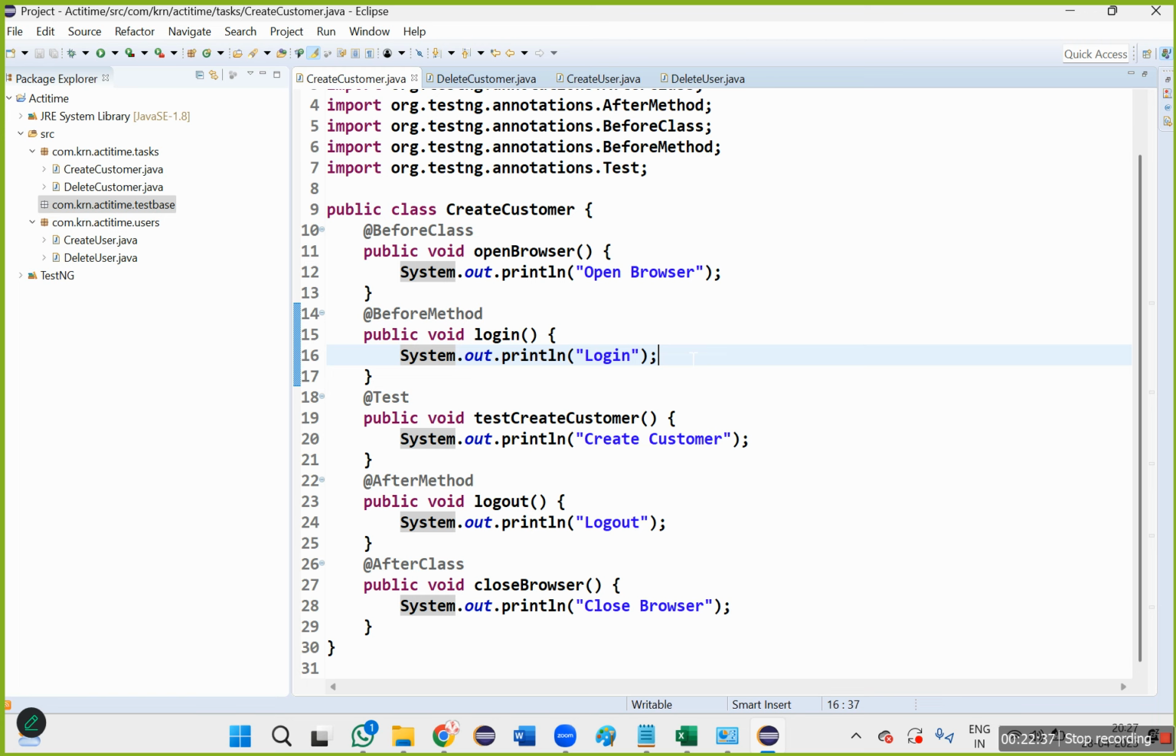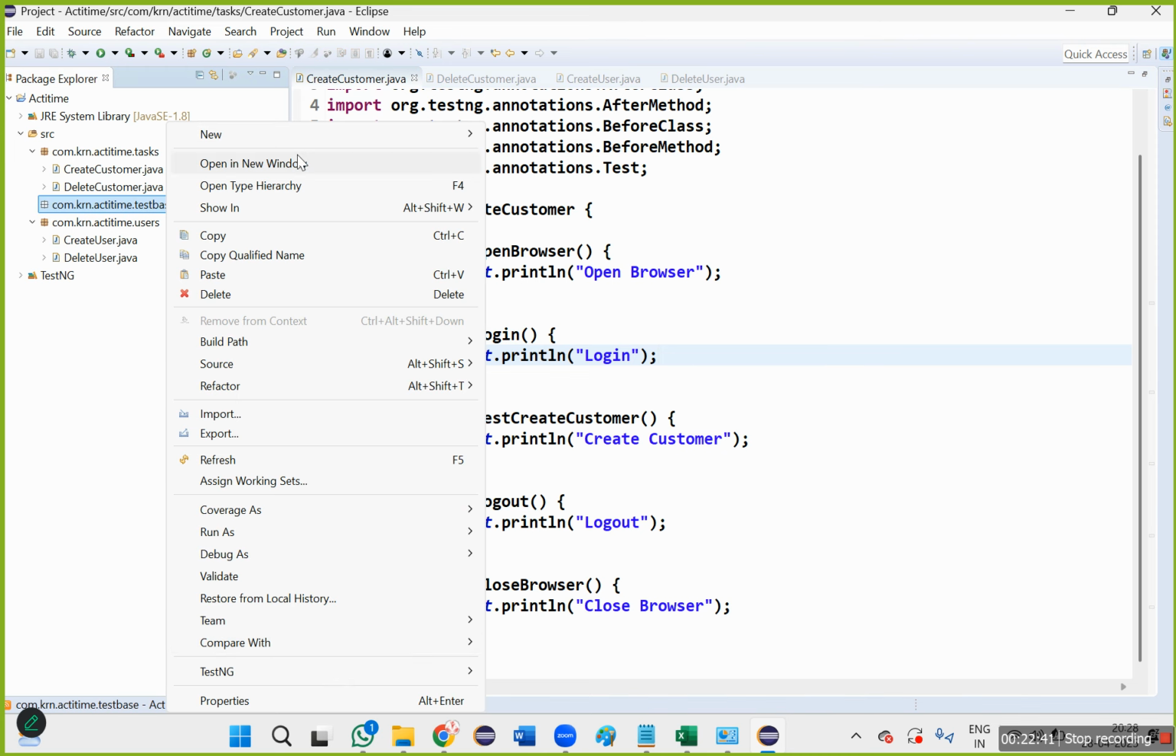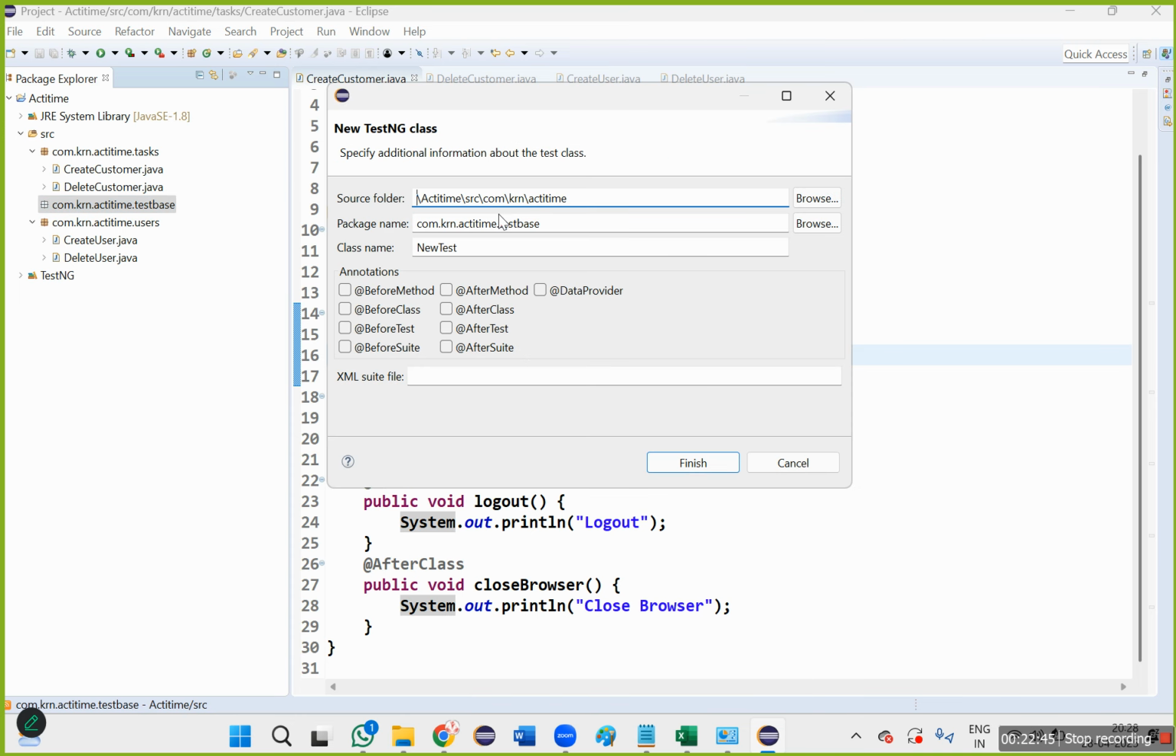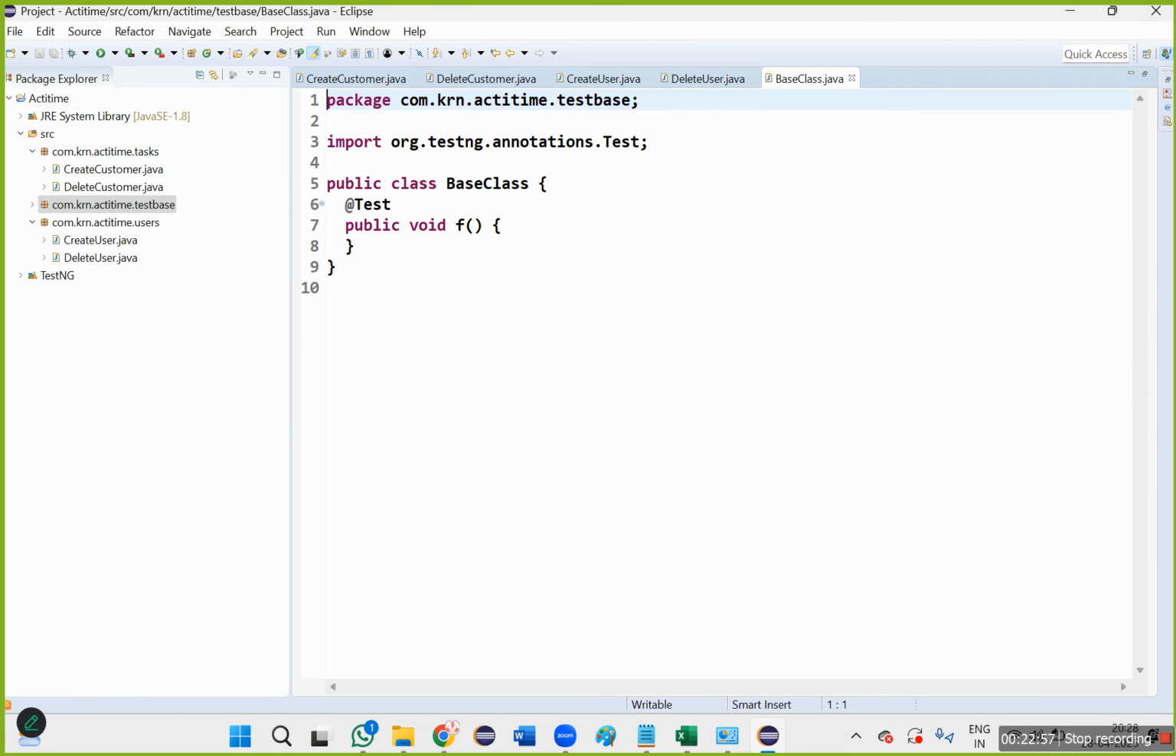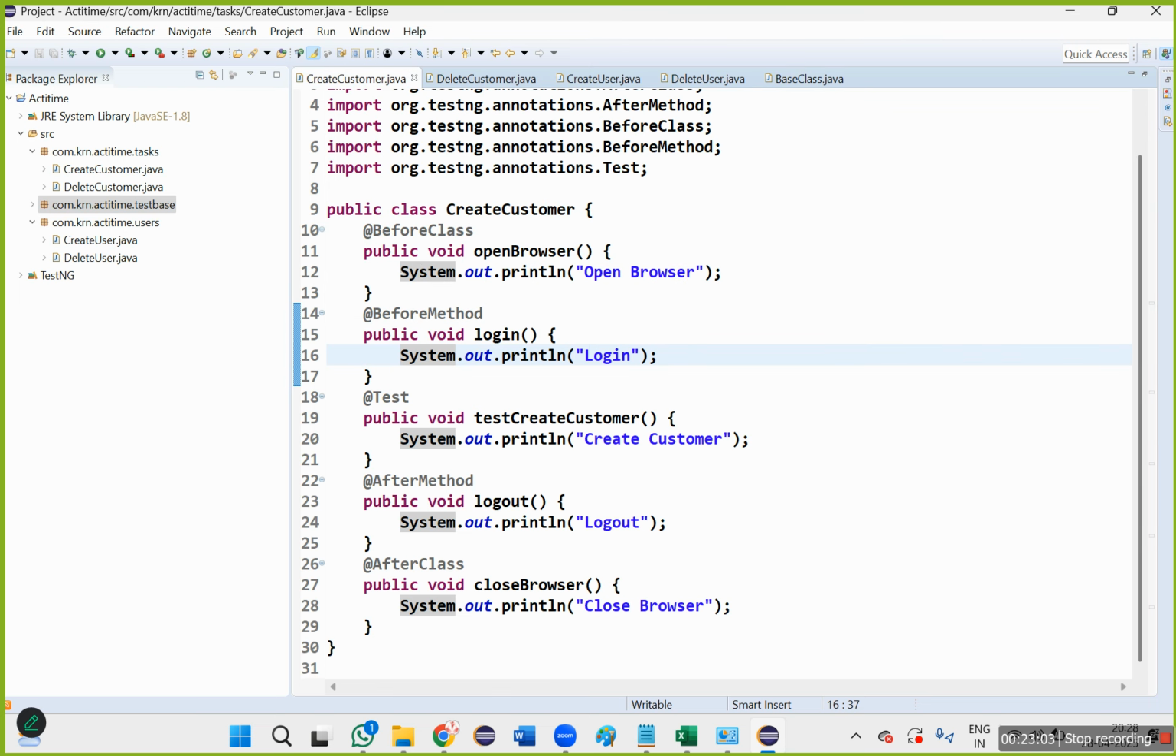Now, under this, I am going to create a TestNG class. Base class finish. Under this base class, what I am going to do here is,